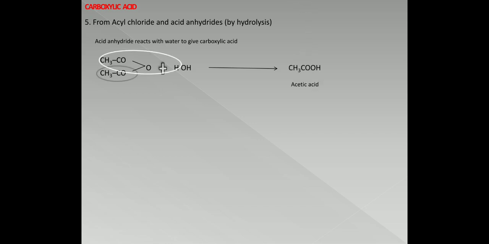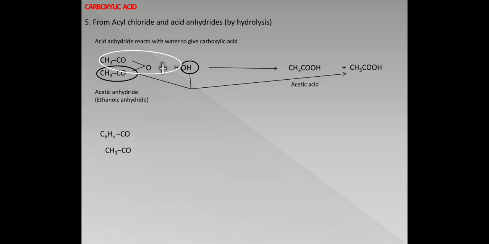You can observe this acetic acid. How does this acetic acid form? This CH3COOH will attach, and here CH3COOH will form, meaning 2 moles of acetic acid will form after the hydrolysis of acetic anhydride. Now see another example,